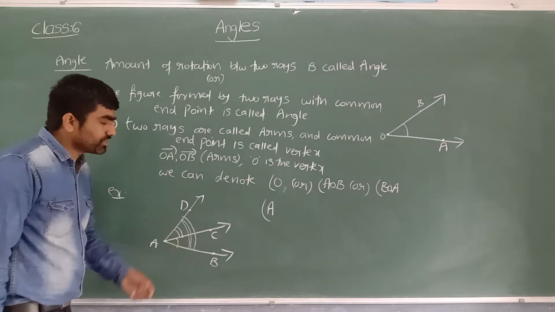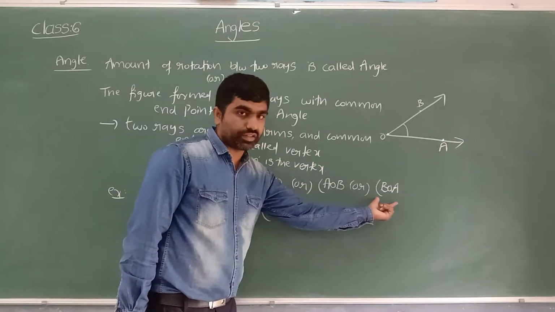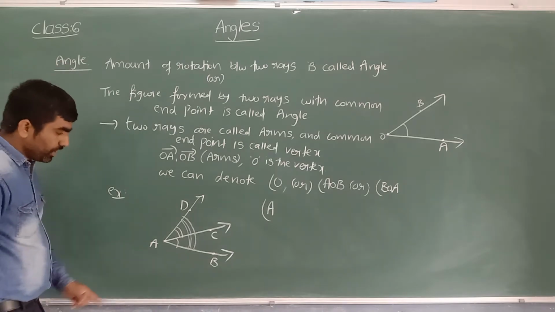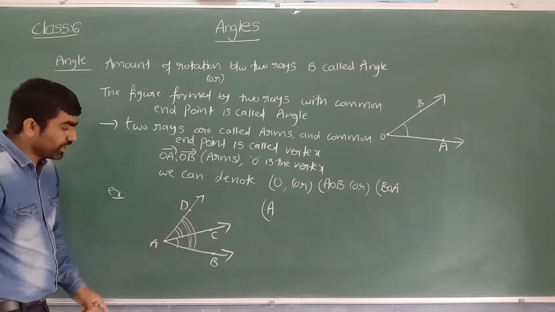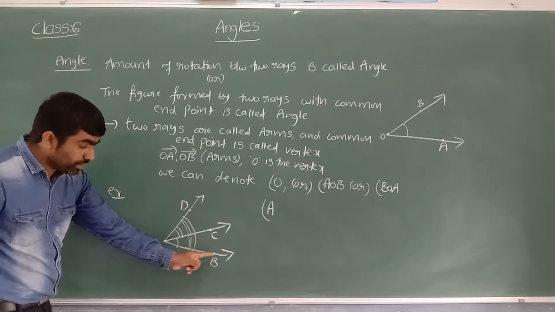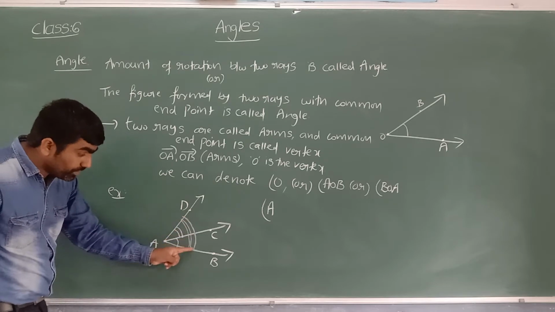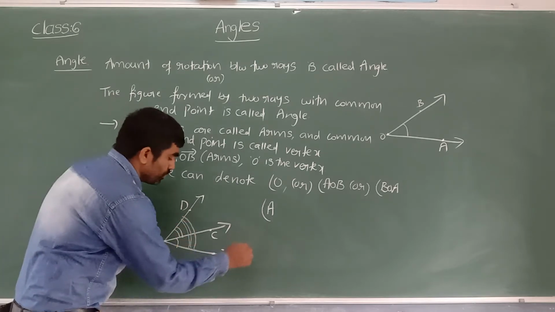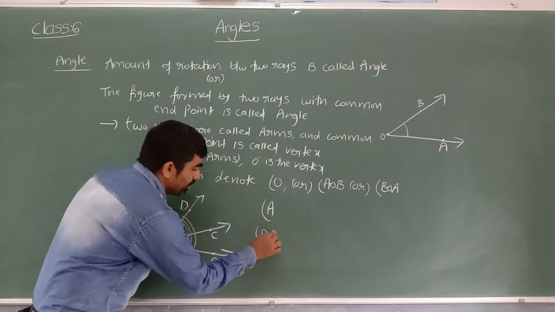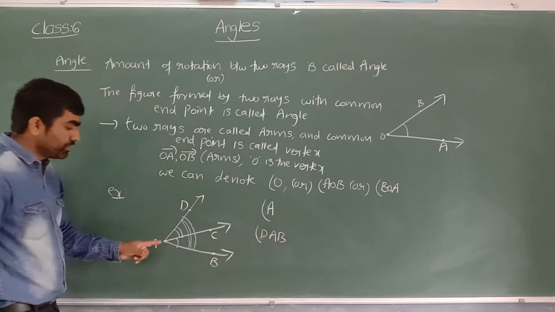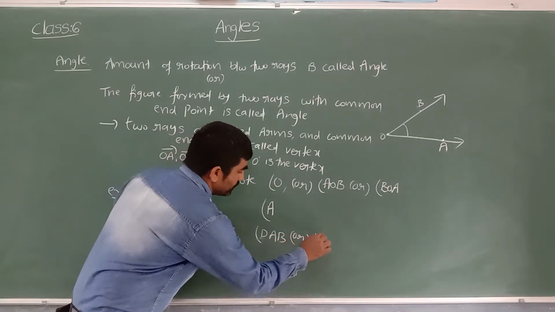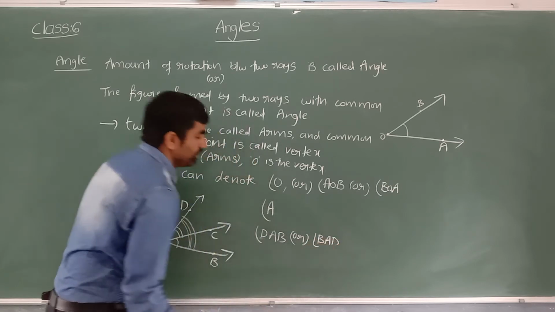Because of that, in such cases, it is better to represent it specifically and particularly. Suppose you want to take the whole angle, we can represent it as DAB, with the vertex in the middle. Or we can represent it as BAD when you want to go with the complete angle A. So the complete angle A can be represented as DAB, with the vertex in the middle, or BAD, or we can write angle BAD.